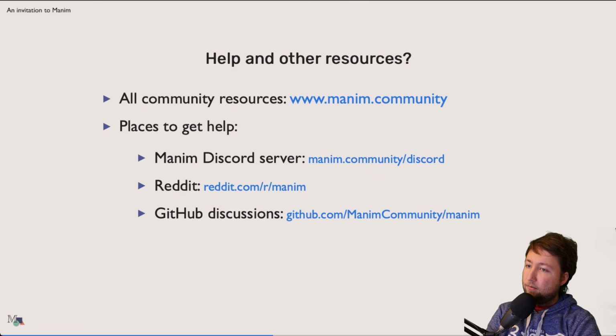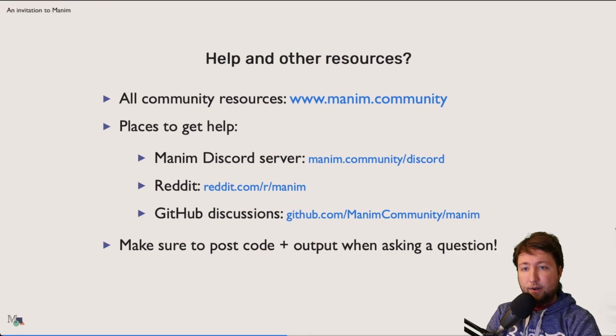The most important thing when looking for help definitely is make sure to post your entire code that you're trying to run and then all of the output that it produces. If there's an installation issue, exactly describe which steps you've been taking. Post the input, post the output. We need to see these things in order to help efficiently. Don't worry about if it's a long post. Then we usually look at the details that are interesting for us to figure out the problem and then help you as efficiently as we can.